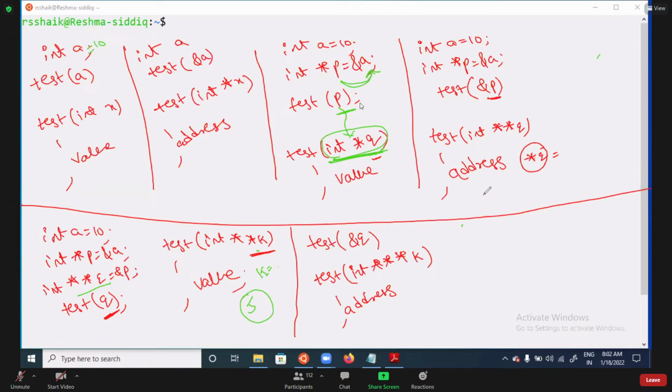The value of a is 10, its address is 1000. P's value is the address of a, meaning 1000, and p's address is 2000. Now q, take it as 3000, holds the address of p, meaning 2000. Now whenever you pass q, meaning 2000, it is collected with the double pointer k.